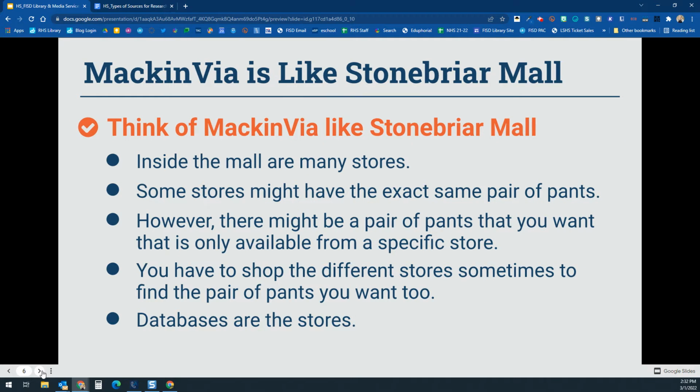I like to explain MacVia to students. MacVia is like Stonebriar Mall. So think of it like you're going to the mall. MacVia is the mall, and inside the mall are all these mini stores. When you go to the mall, you maybe are looking for a pair of pants. And so you know that some stores